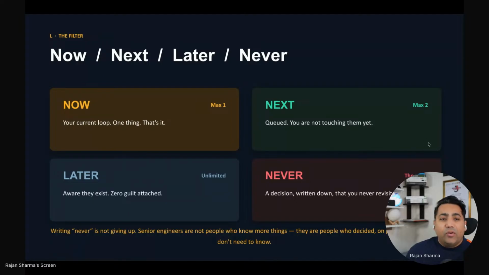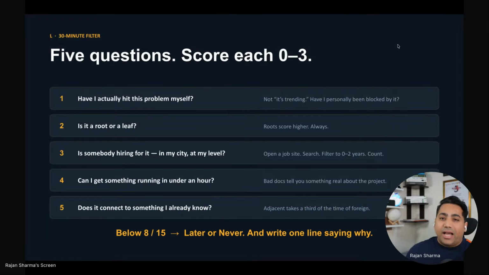So if you decide, okay, I selected one and now I want to go with the now, then how do you know what technology should move in the now? That's very important, because just because you have a feeling, you should not just add it to the now. So to simplify this, let's ask five questions to yourself.